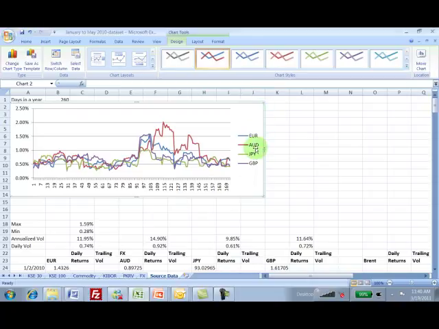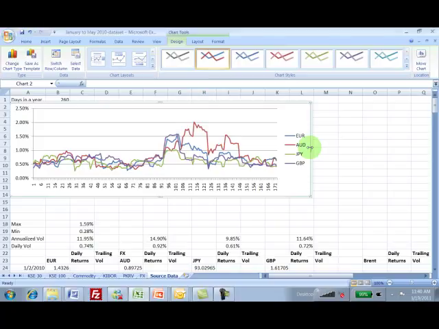And as you can see, what you're really seeing here is the volatility tracked on a 10-day trailing basis, on a 10-day backward looking basis. The part that I'd like to highlight is that if you look at this from a vol point of view, we can see that the yen is possibly the most stable of all of these currencies,